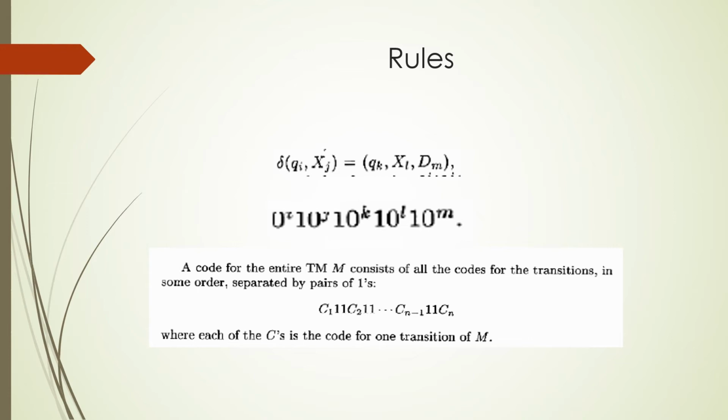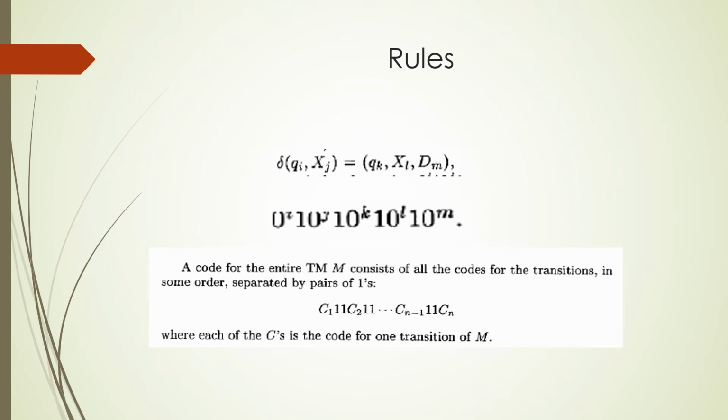To write the binary representation of the given Turing machine, after encoding all the transition functions present in the Turing machine, let C1, C2, up to Cn minus 1 and Cn be the encodings of the n transition functions present in the Turing machine. Then we write the encoding of the first transition function, C1, followed by the separator double 1, then the encoding of the second transition function, C2, and the separator double 1, and so